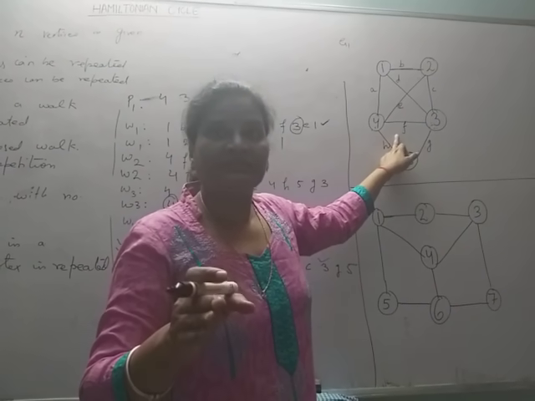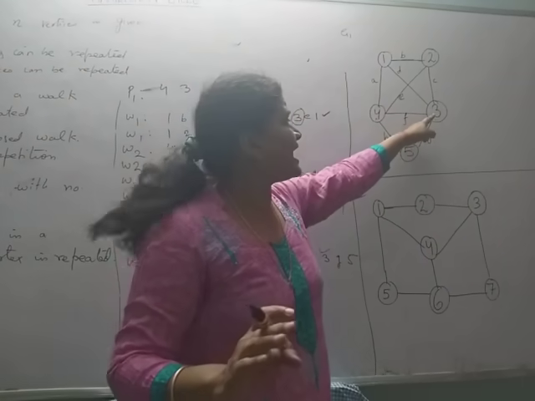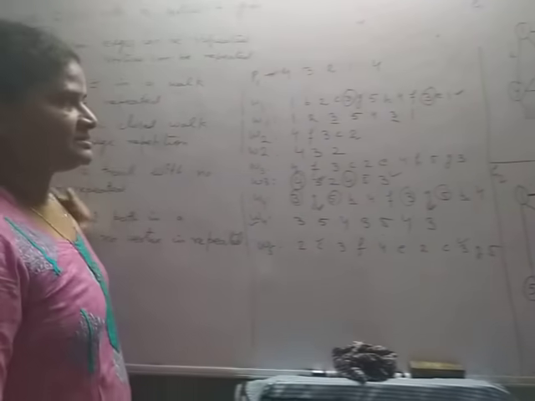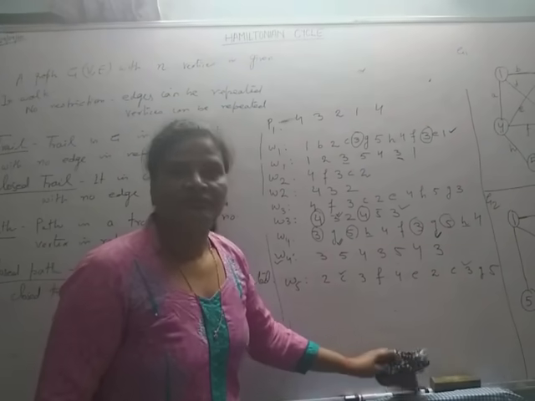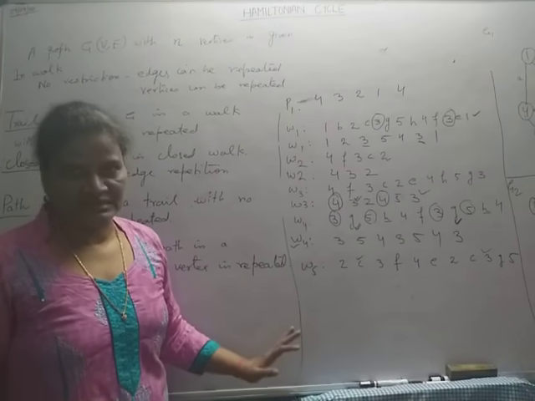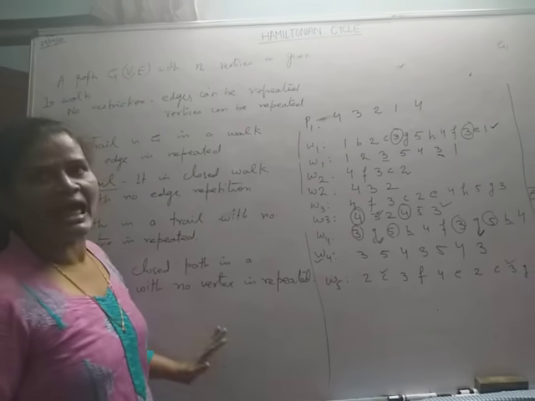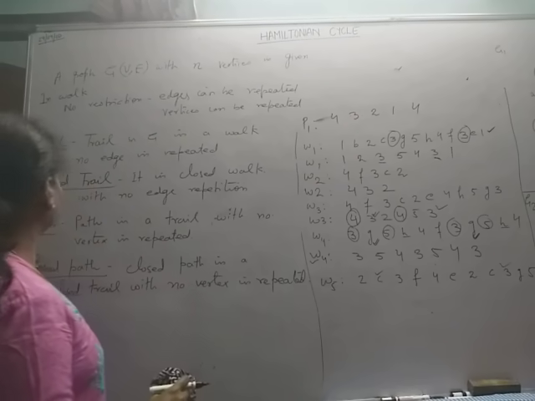But the other way is possible: an edge is not repeated, but a vertex can be repeated. So a path is simply a trail with two restrictions, that no vertex is repeated. So this is the definition of walk, trail and path. Now when we say that, just